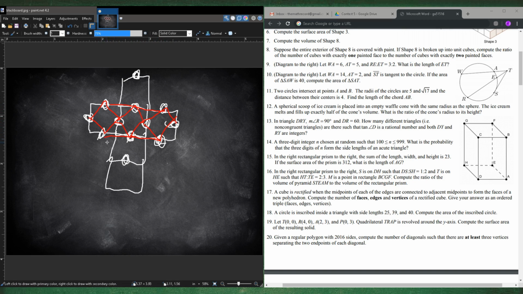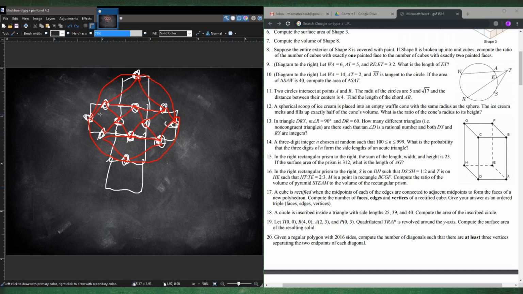Then connect these. And these two are connected, I think. Yes. And these two are connected. These two are connected. And 1, 2, 3. These two are connected right here. So this was the one, yeah, this was 1, 2, 3, 4, 5, 6, 7, 8, 9, 10, 11, 12, 13, 14, yeah. So counting the amount of